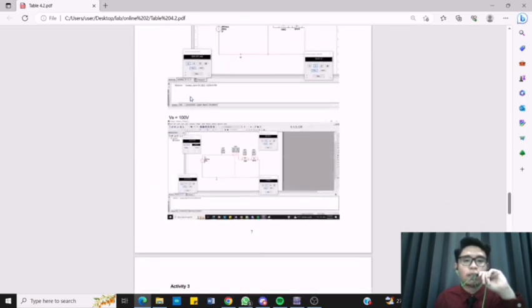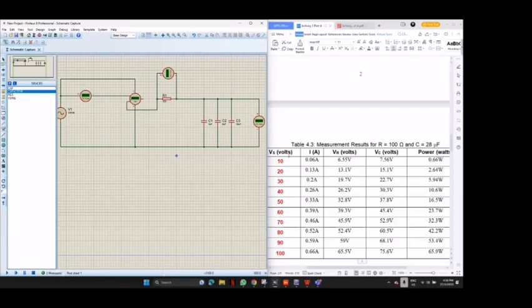100 volt. Okay. Hi, Assalamualaikum. My name is Muhammad Zahra Amsyar, and my matrix number is CE220086. So today I will explain about experiment 4, which is I have to conduct experiment 4, activity 2,